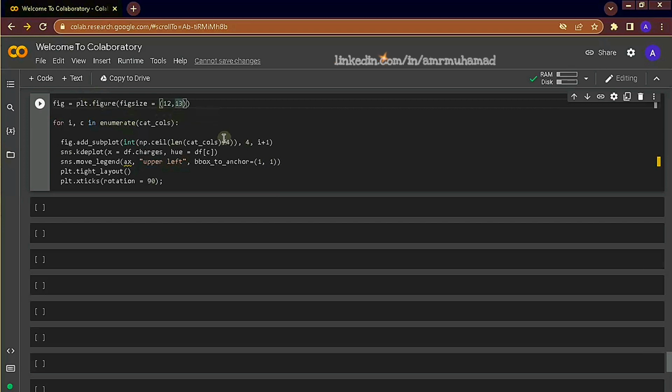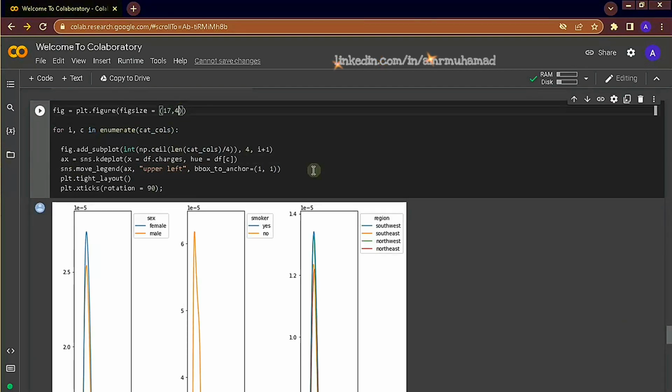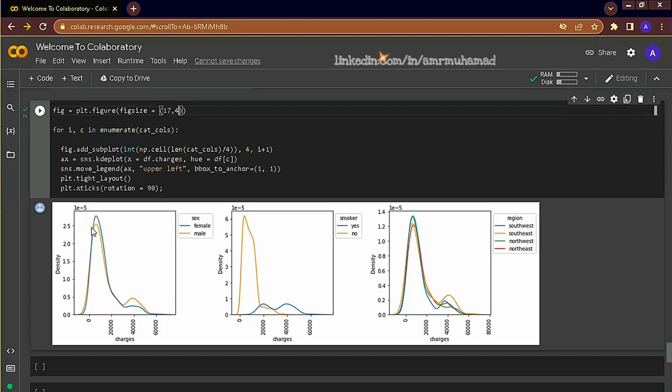So this is basically the same loop that we did earlier. Instead of using hist plots, we use KDE plots, and we will know why in a second. We plot the charges, the dependent variable that we are interested in, and hue differentiates it by using the categories. And since we are looping inside the categories, we will plot charges given each category. KDE plots are almost exactly the same as histograms, but instead of displaying bars, they display these nice smooth curves. We can see here that the hue part of the plot differentiates each plot by the given category.